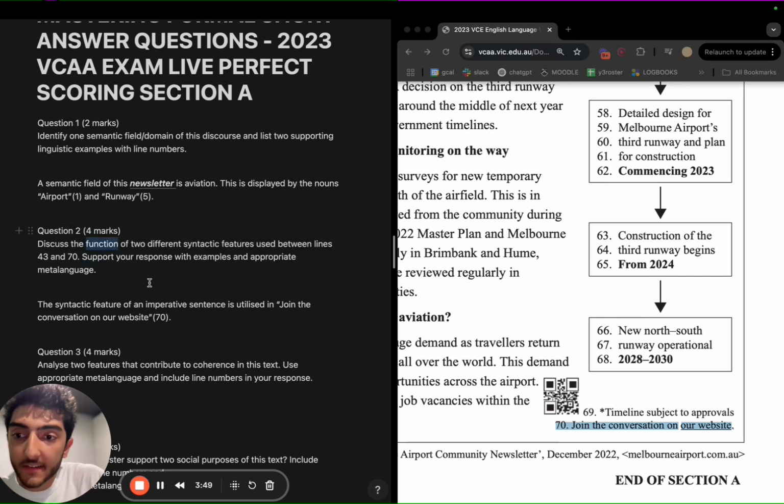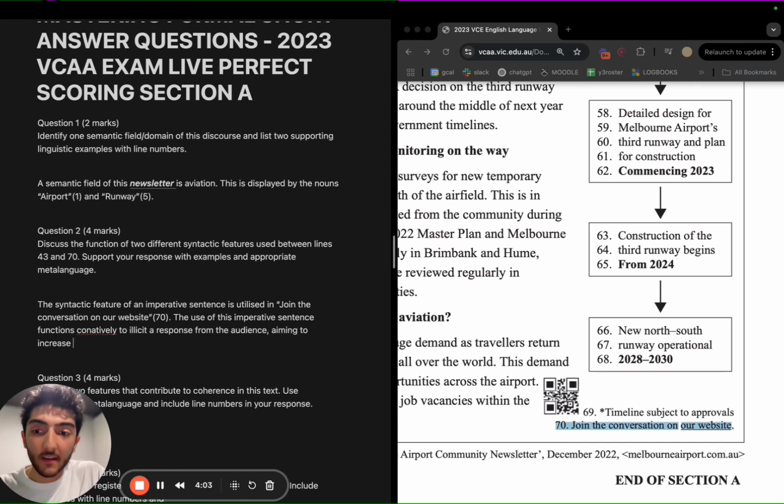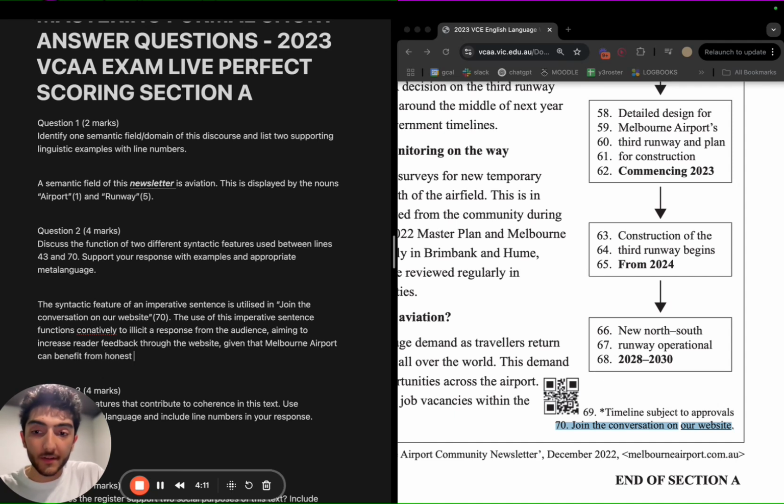Well, an imperative sentence gives someone an instruction, right? The use of this imperative sentence functions conatively to elicit a response from the audience, aiming to increase reader feedback through the website, given that Melbourne Airport can benefit from honest feedback.